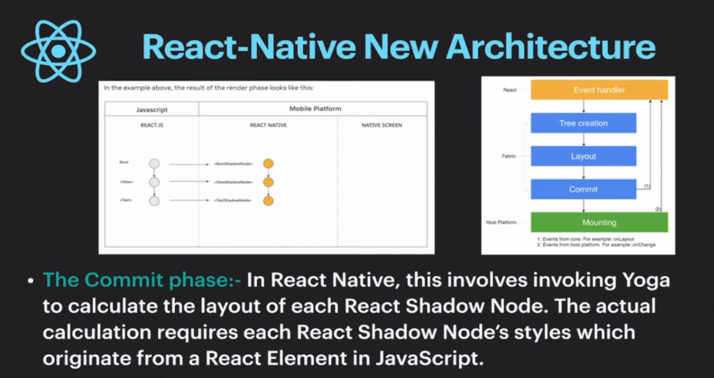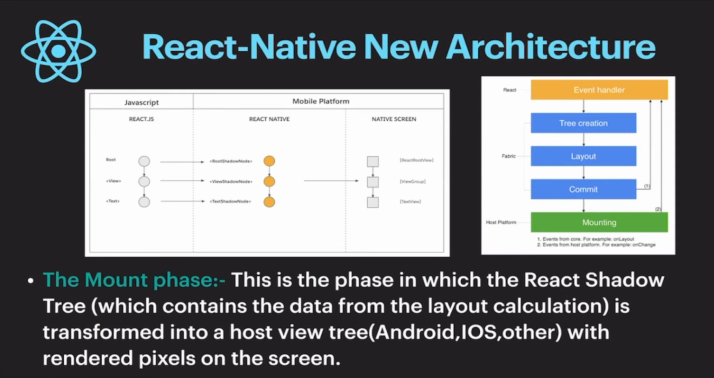In the commit phase, when invoking Yoga, Yoga calculates the React shadow node position and layer. This calculation requires each React shadow node's style, which originates from React elements in JavaScript. Lastly, we call the mount phase. This is the phase in which the React shadow tree, which contains the data from the layout calculation, is transformed